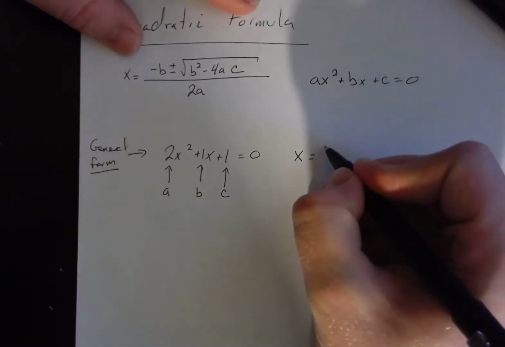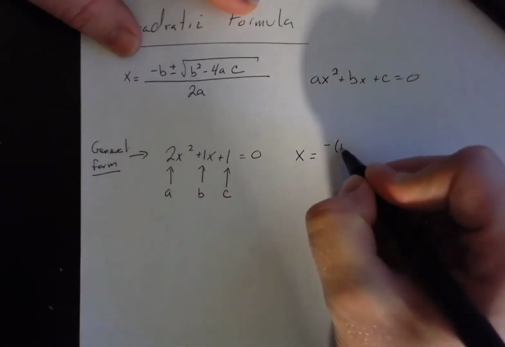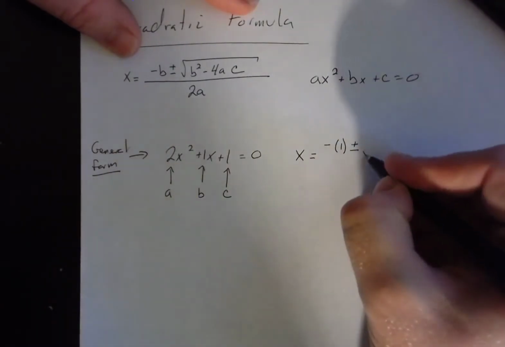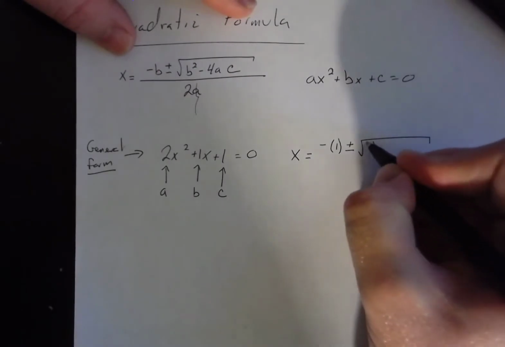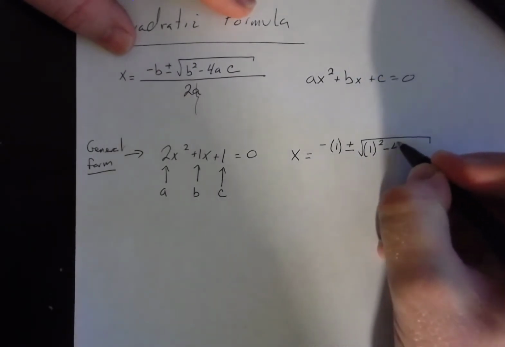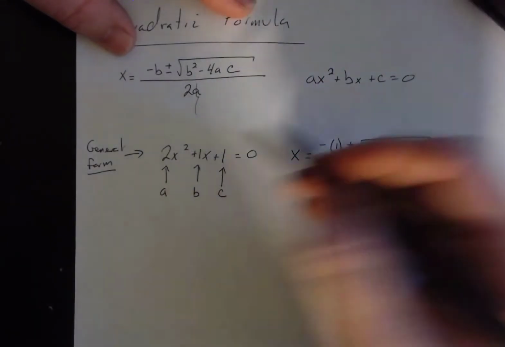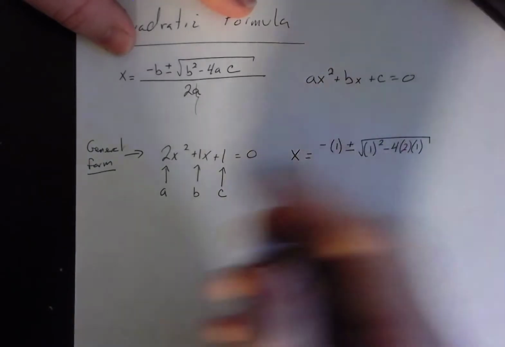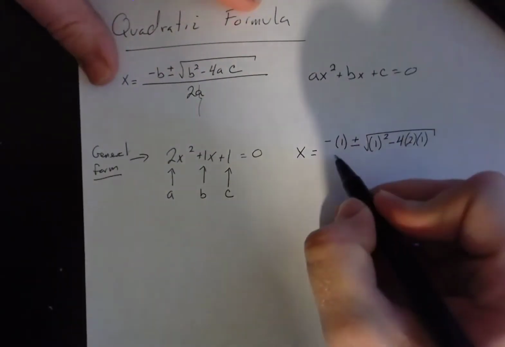So when I plug in my b value, this is going to be negative, and in parentheses I'm going to plug in 1. Plus or minus, and again that's the form right there for plus or minus, and I'm going to have a square root of my b squared, so b is 1 squared, minus 4, those don't need parentheses because those were in the problem already, and then you have a, which is 2, and c, which is 1. Again, here is your a, here is your c, the constant term. This is all divided by